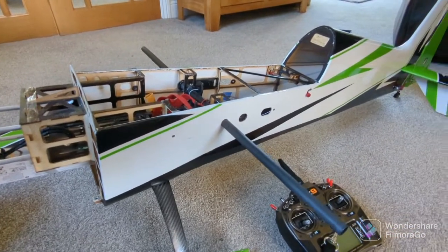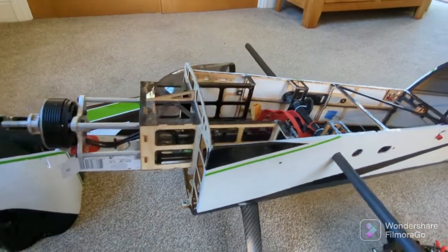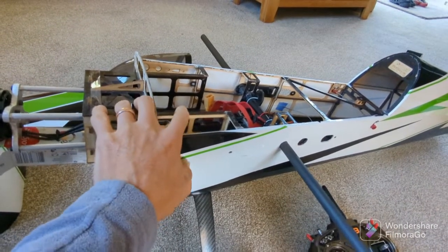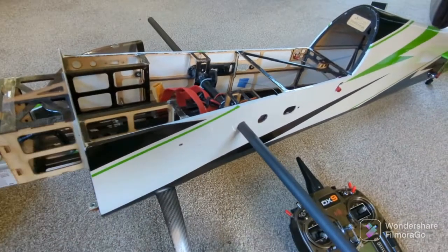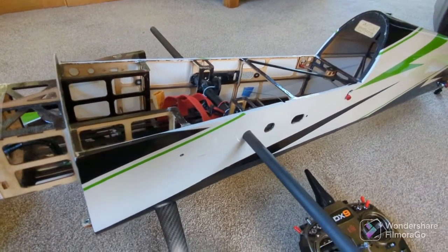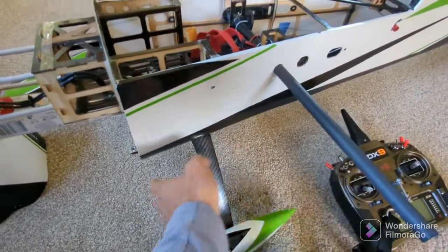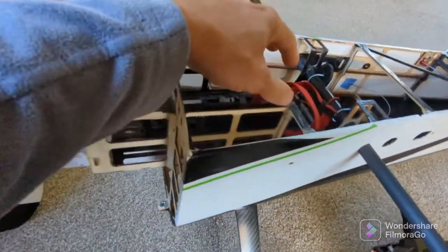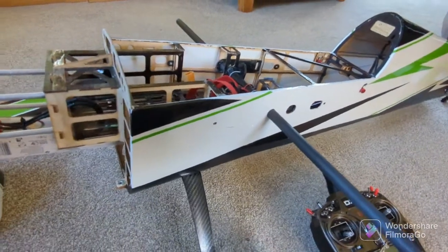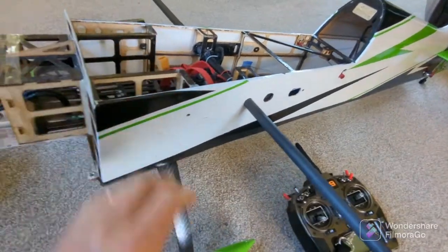so all the 4 dead sticks damaged. All this was damaged, and then I've done something. I've learnt something, how to make these a lot stronger on a dead stick. If you've only got a small landing field and you get a dead stick and you've got to land it in a rough field, and you land it down, and this snaps off inevitably, because if it's in a rough field, it can only go one way. It has to snap. And in turn, that breakage breaks all this inside, and it's a mess. And it's very difficult to repair at the best, because you don't want to take all this wood out to get to that wood. Anyway,